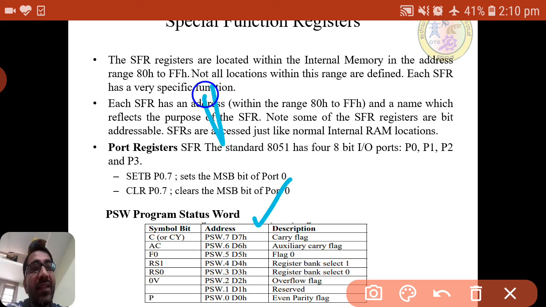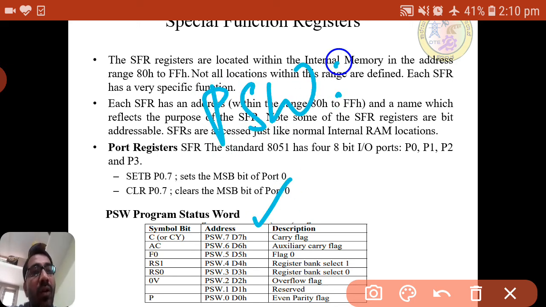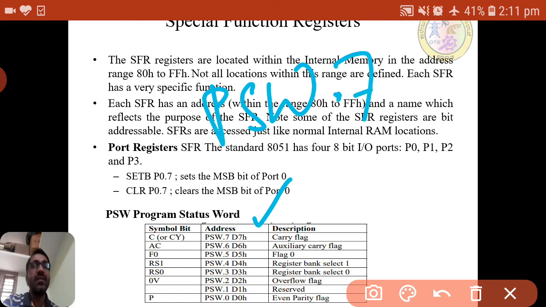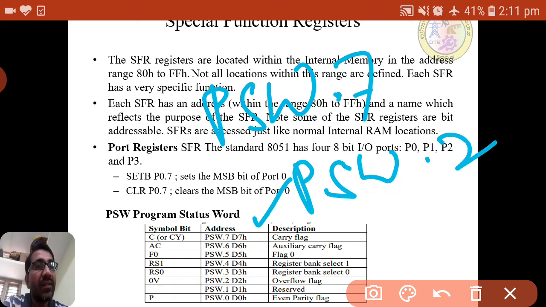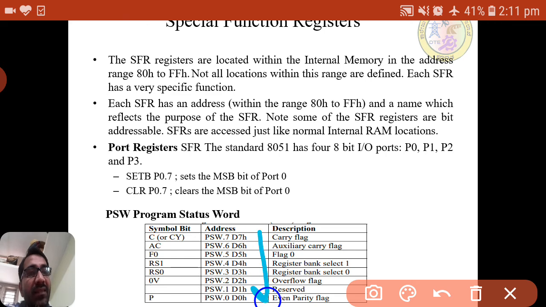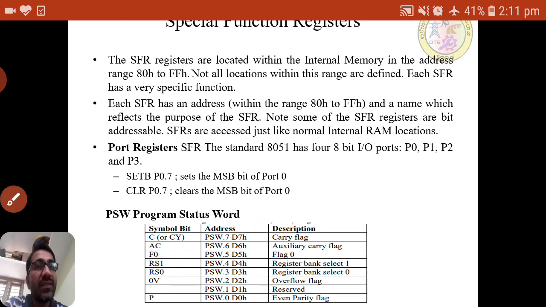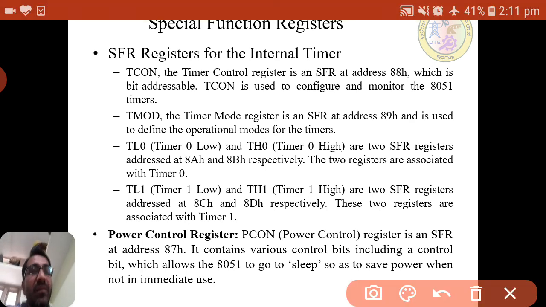How we write it is PSW.7, which means the PSW register with the particular MSB I need to operate. Then PSW.2. Like this I can select the MSB or the second bit. D7, D6 is just the bit position they have given. So this is how we can access it bit addressably.